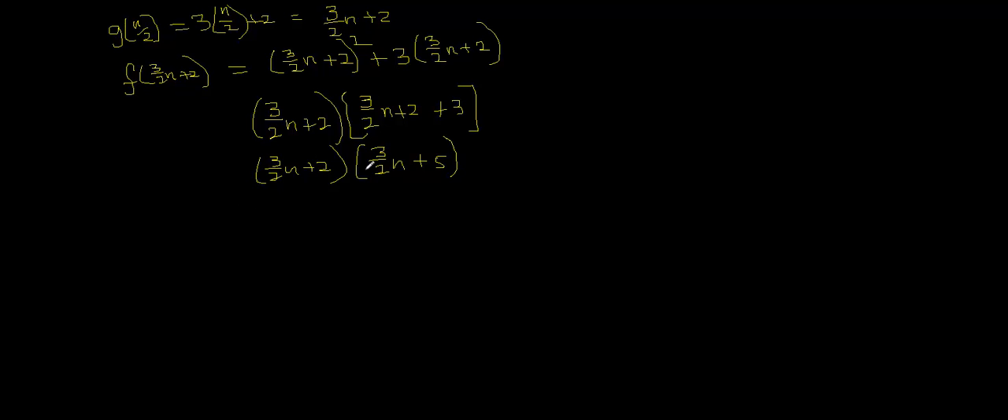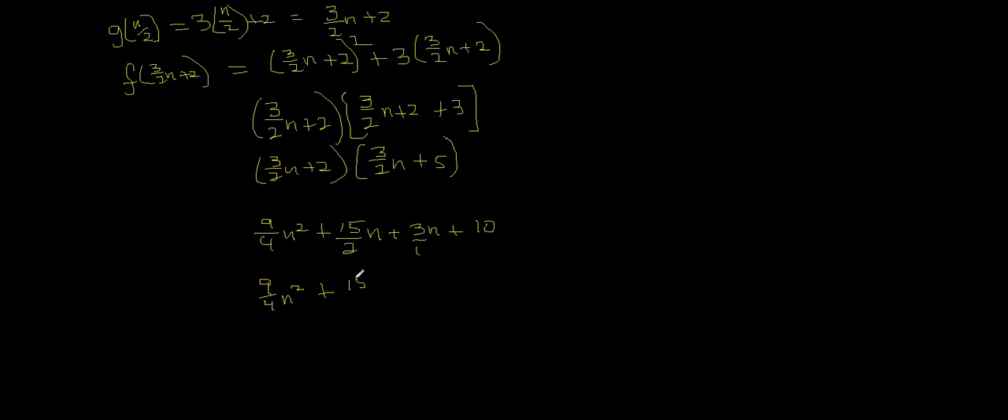So we're going to go 3/2 times 3/2 is 9/4 n squared, and then 3/2 of this will become 15 halves n, plus 3n, because the 2's cancel out, and then 2 times 5 will be 10. And this can simplify a little bit, so let's put this over 1 to find the common denominator. So this would be 9 over 4 n squared